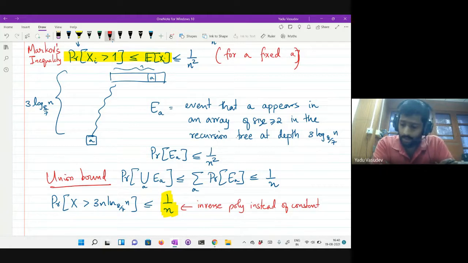And this will change. You can get better and better bounds depending on stronger and stronger inequalities that we can apply. And that is what we are going to see next. We're going to see a different bound, and we'll see a different application. Quicksort will come again, but in a different setting maybe. But we will leave quicksort for now. We'll see a stronger bound for concentration around the expectation, and we'll see an application for that. So that is what we will do in the next lecture. Any questions right now? Any clarifications?